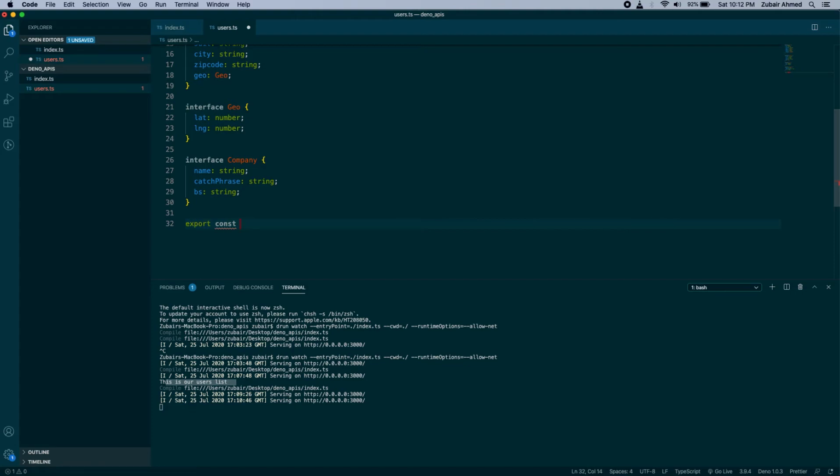Const, we will name it fetchUsers, and as it is an API call, we will use await. I also told in my last video that you can use await without having any async function inside Deno. So it's really fast and really easy to integrate.